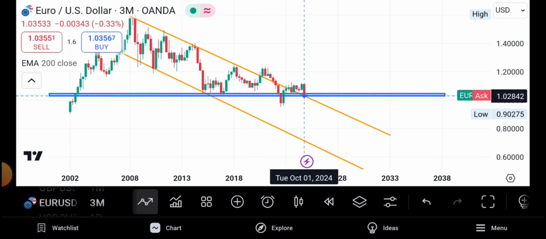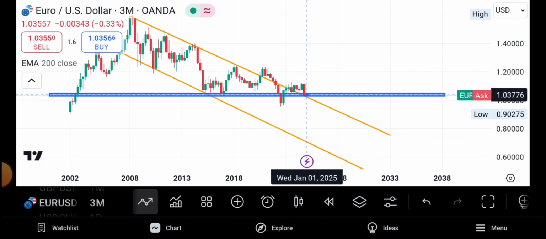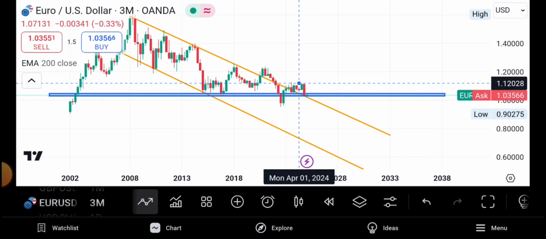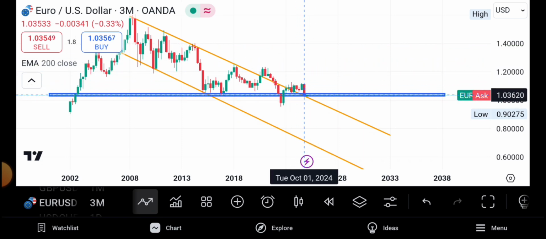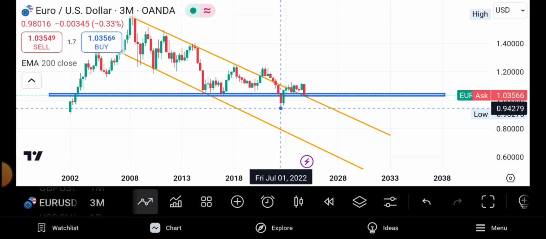Are we expecting it to go up or to drop? That is the question. Are we expecting it to go up from here, use this support and this trend line as a support zone to buy up to this zone, or will it break out? And if it breaks out downward, where will it go? Let us ask ourselves why the price stopped at this zone.